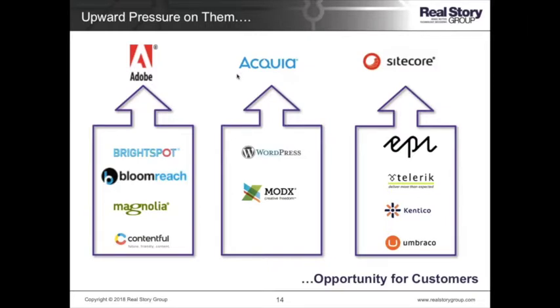So I think one of the things that we see in 2018 is maybe a sense that we should be looking at things that are somewhat simpler than these major alternatives, not just to go with them because they have street cred, but that possibly they may be more than you need, and that overbuying in this marketplace is actually worse than underbuying. So if you're looking at Adobe or Acquia or Sitecore, also make sure that you're looking at some of their simpler alternatives. Now, there were certain other vendors that weren't in the SmackDown, doesn't mean they're unimportant.